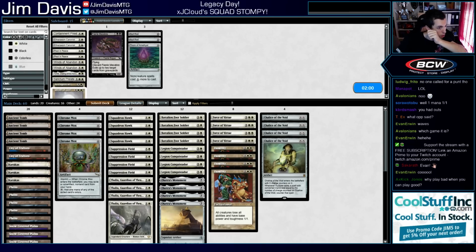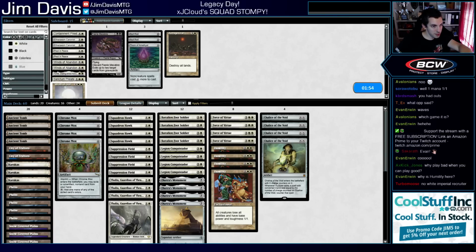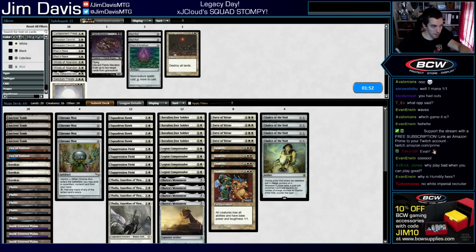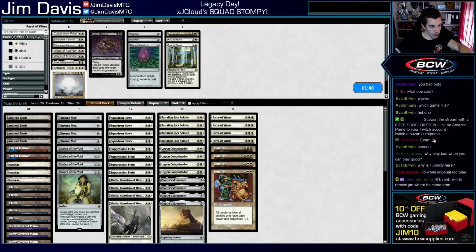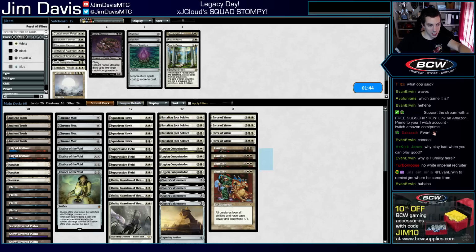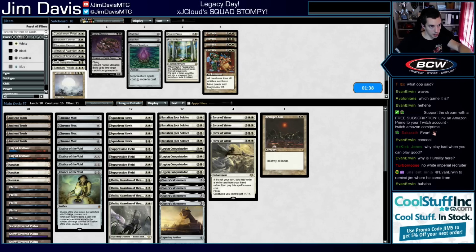Alright, so we want Armageddon. We want... I don't think Rest in Peace is very good versus them. What do we not want? We want Chalice, we want Chrome Mox, we want all our creatures, we want Suppression Fields. Humility's not very good versus them, I don't think. Let's bring in the Armageddon, and...